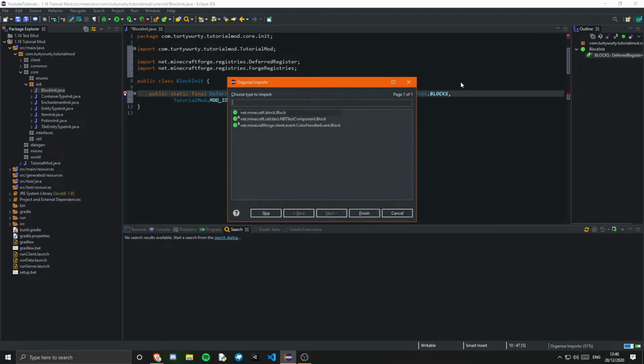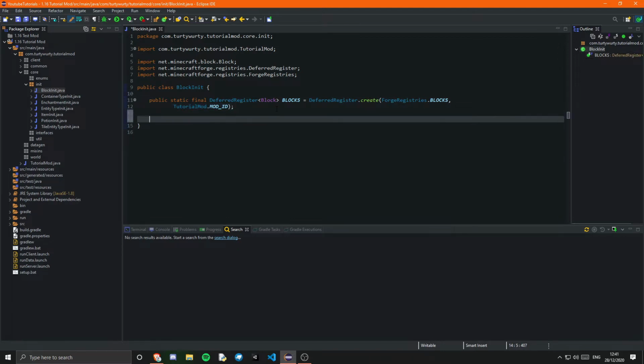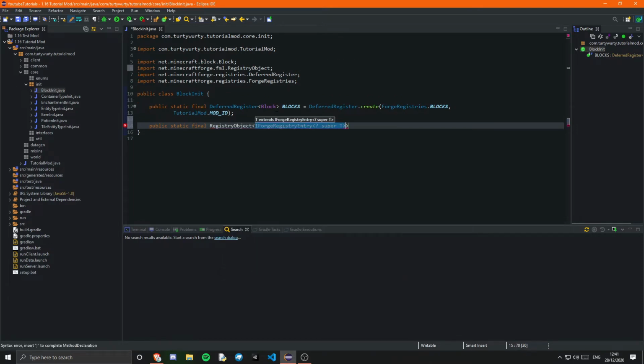Once you've done that, you just need to import block. Make sure you import the right block, so that is obviously net.minecraft.block.block. And there we go, that is the deferred register. So far the exact same as the items. Now we just need a registry object, so that is a public static final registry object, and this will